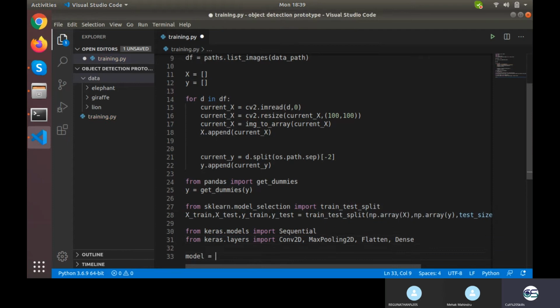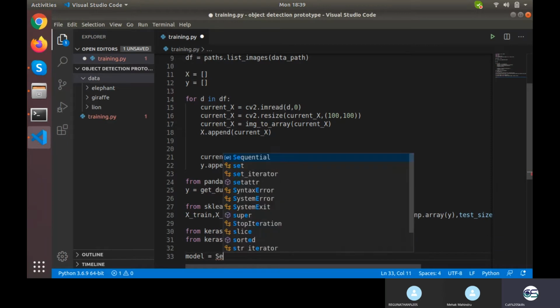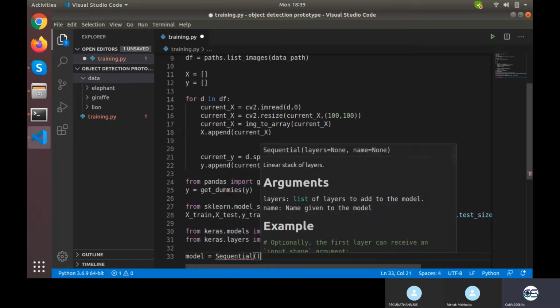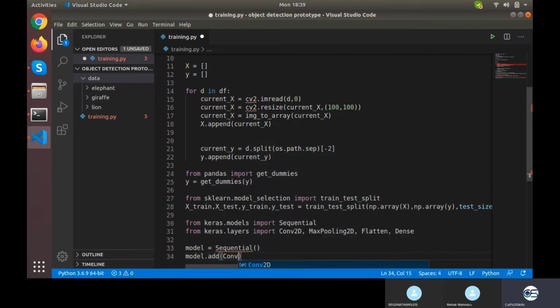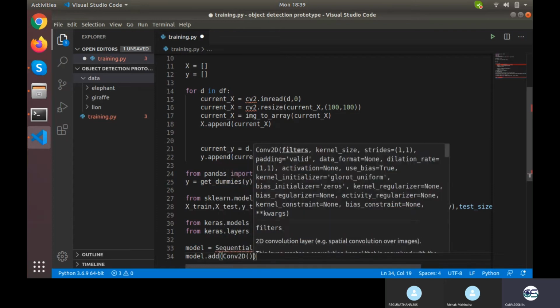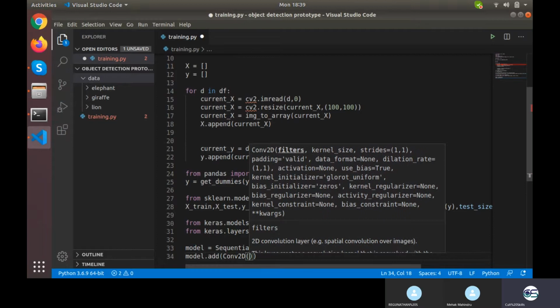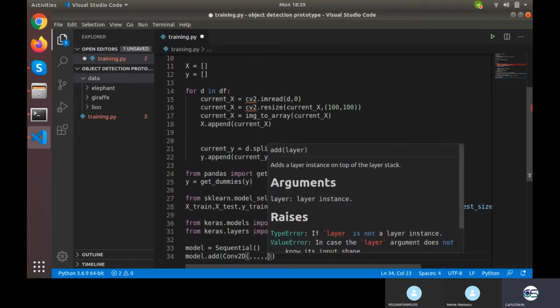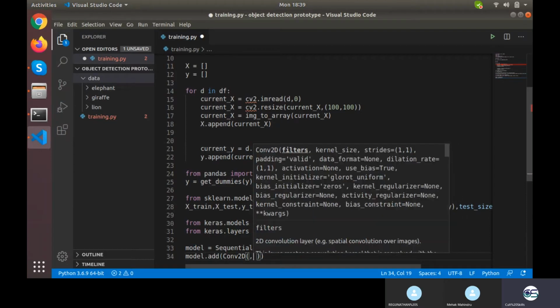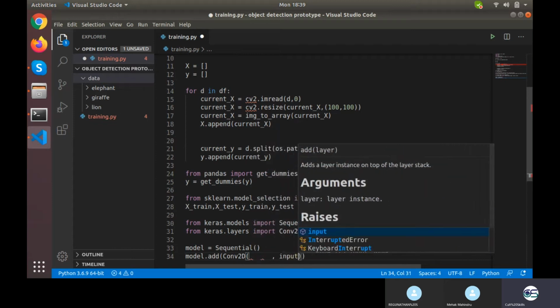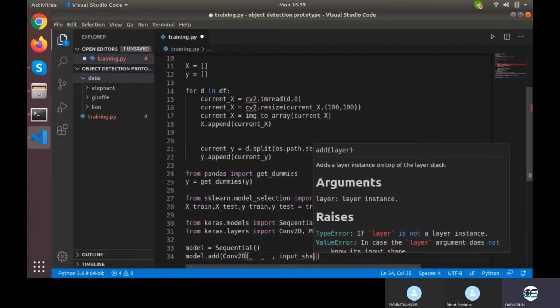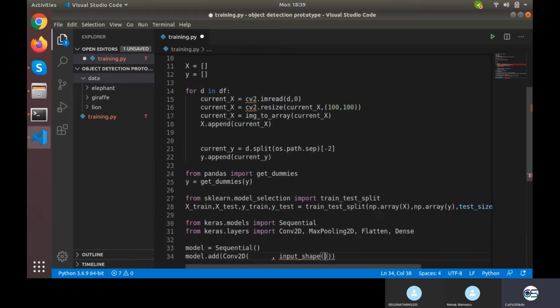Then we need to create a model instance. model is equal to Sequential. model.add, first layer would be convolution 2D. What would be inside this layer? My input shape is 100, 100, 1.